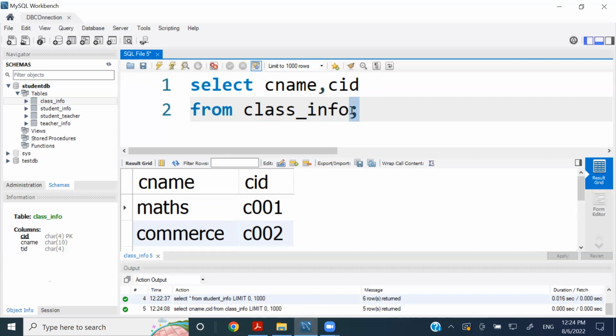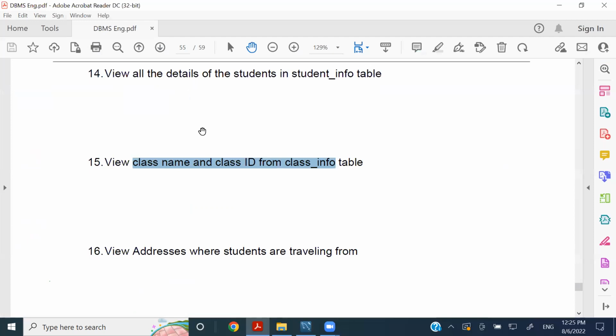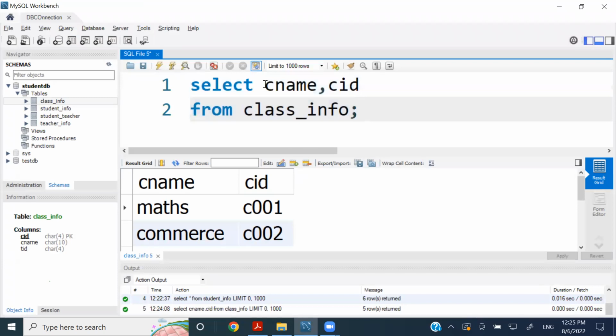No problem. So this is the answer for the 15th one. In the 16th one, view addresses where students are traveling from. Right? So